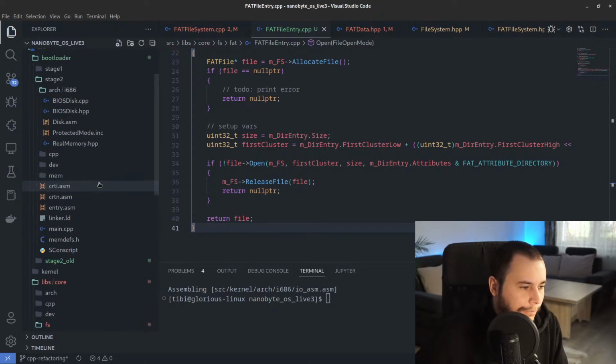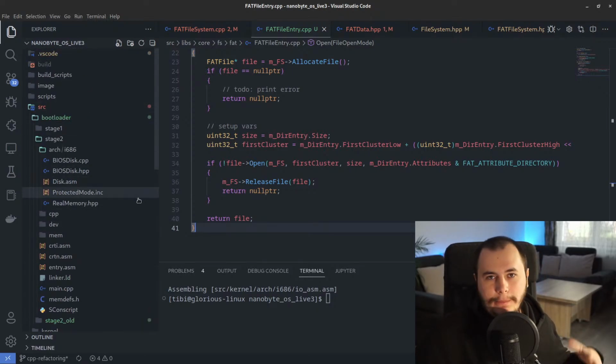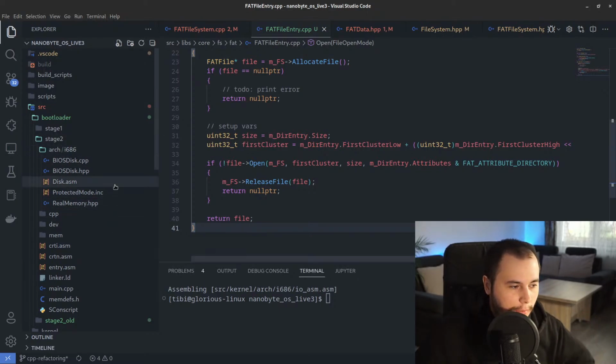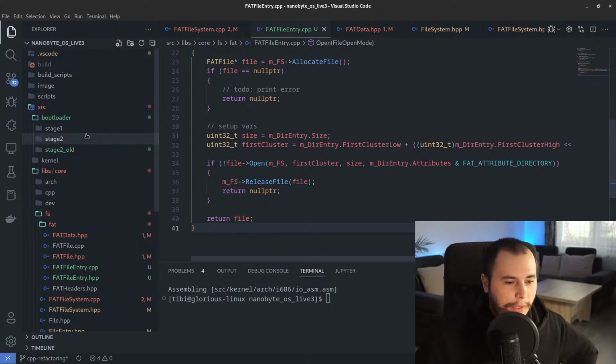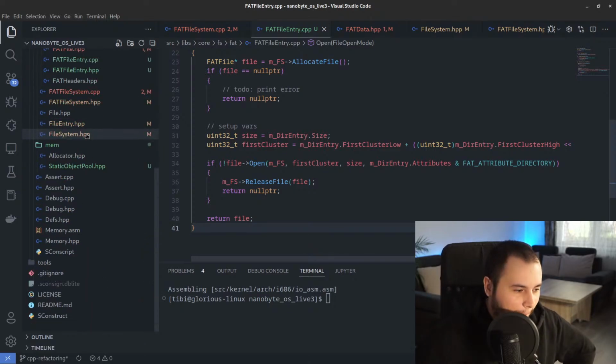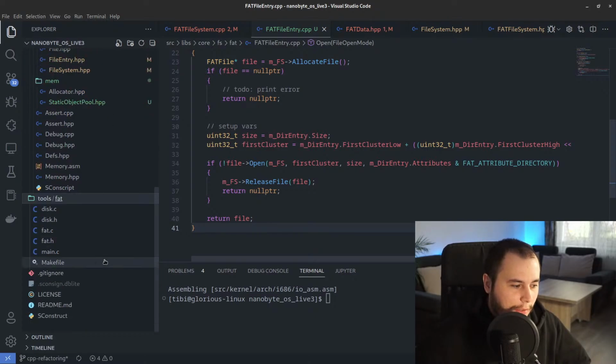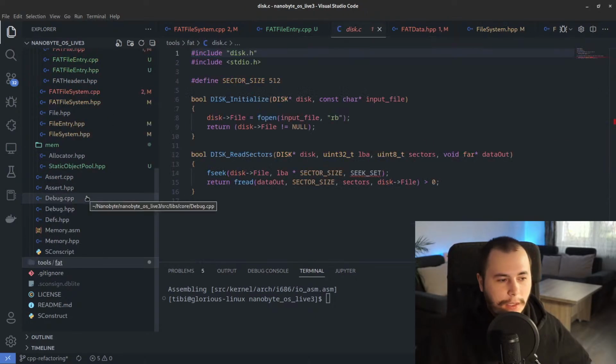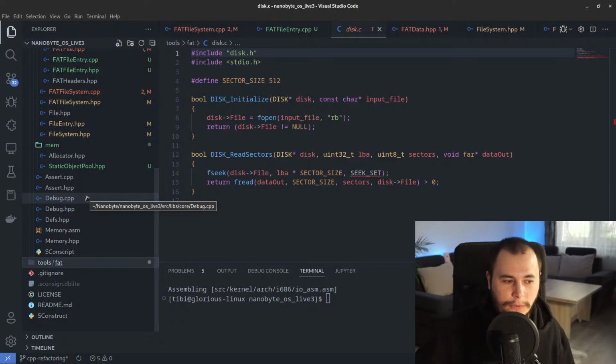Right here in my OS, I have to use assembly to call BIOS interrupts from this bootloader because I'm using legacy mode. But you also need to set things like setting up the GDT, and you need assembly for that. Setting up the interrupt vector table, you need assembly for that. So if you want to implement a super fast memcopy or memset function, you will also need assembly because